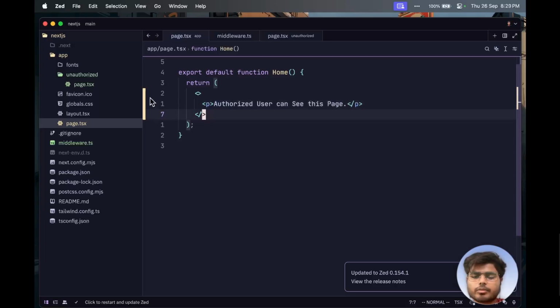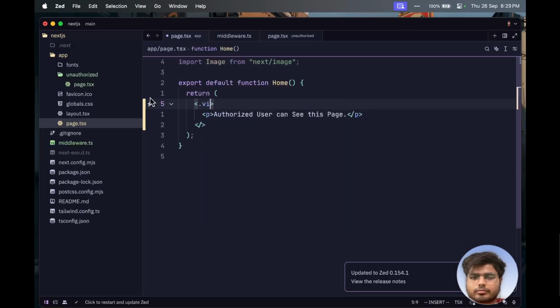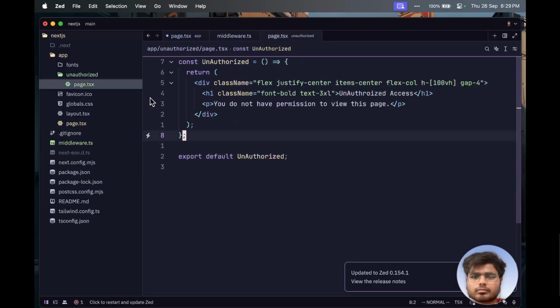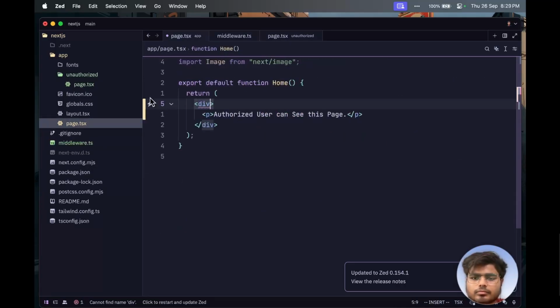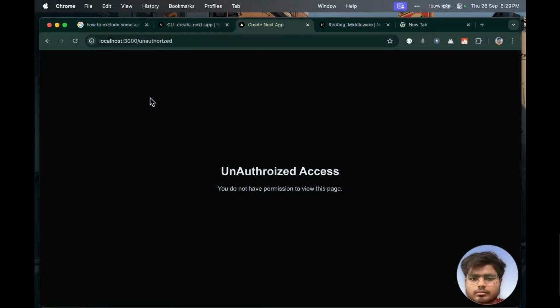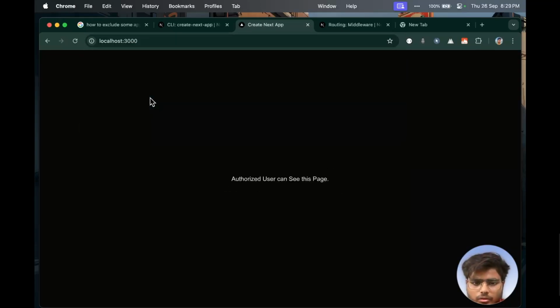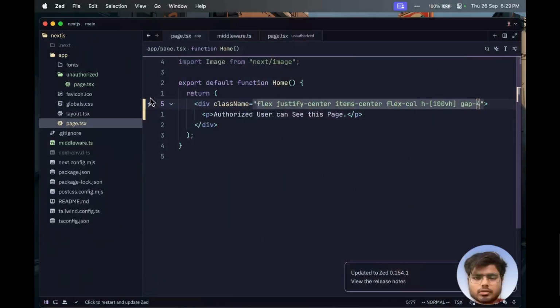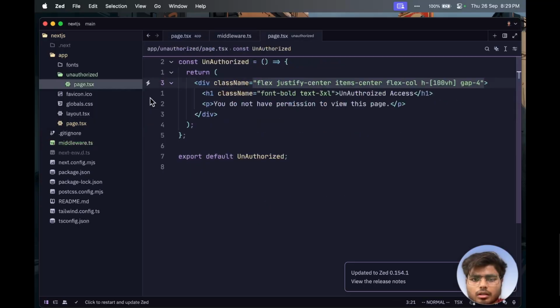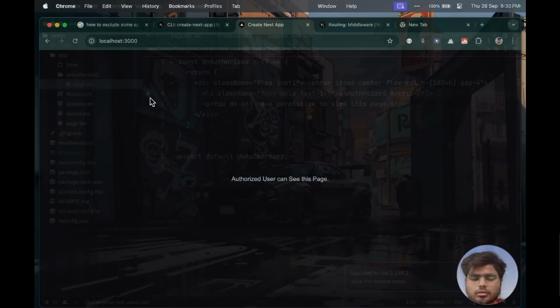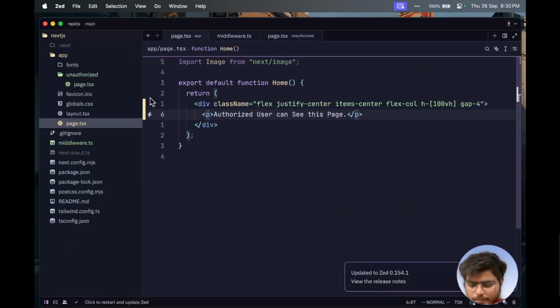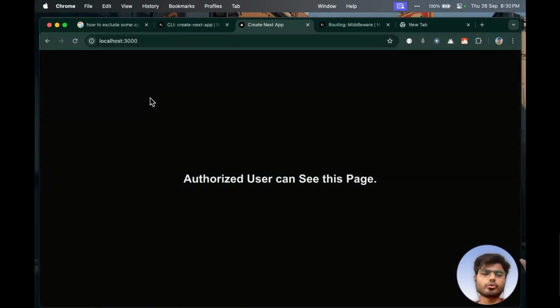Only a logged-in user can see this page. So this page should be visible only to the authorized user, and